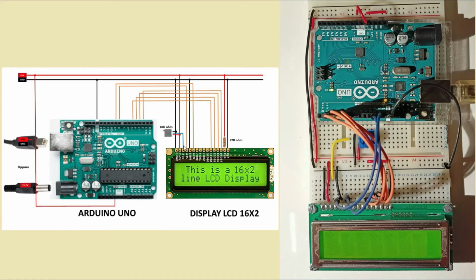Then we have the 2 connections that go from pin 4 and pin 6, they go to pin 8 and pin 9. And we have them here. And then we have the 4 bits, which are from DB4 to DB7, which we have here, the 4 orange wires, which then go to connect to the digital pins of the Arduino Uno, 5, 4, 3 and 2.